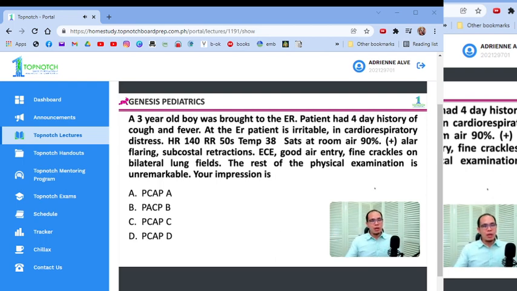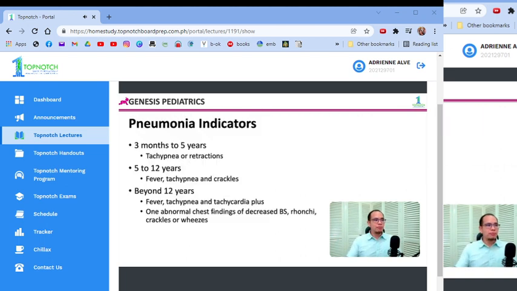And when you put all of this case together, the answer should be your C, di ba? So your PCAP C, moderate risk, di ba? There's mild, moderate, and high risk, okay? So low risk, moderate risk, and high risk. So PCAP C, okay? So I've mentioned this before. So across all age group, tachypnea, okay, is the most common and most sensitive indicator that you can see, okay, across all age group. And there are different cutoff ranges in tachypnea in children, depende kung ano yung binabasa nyong